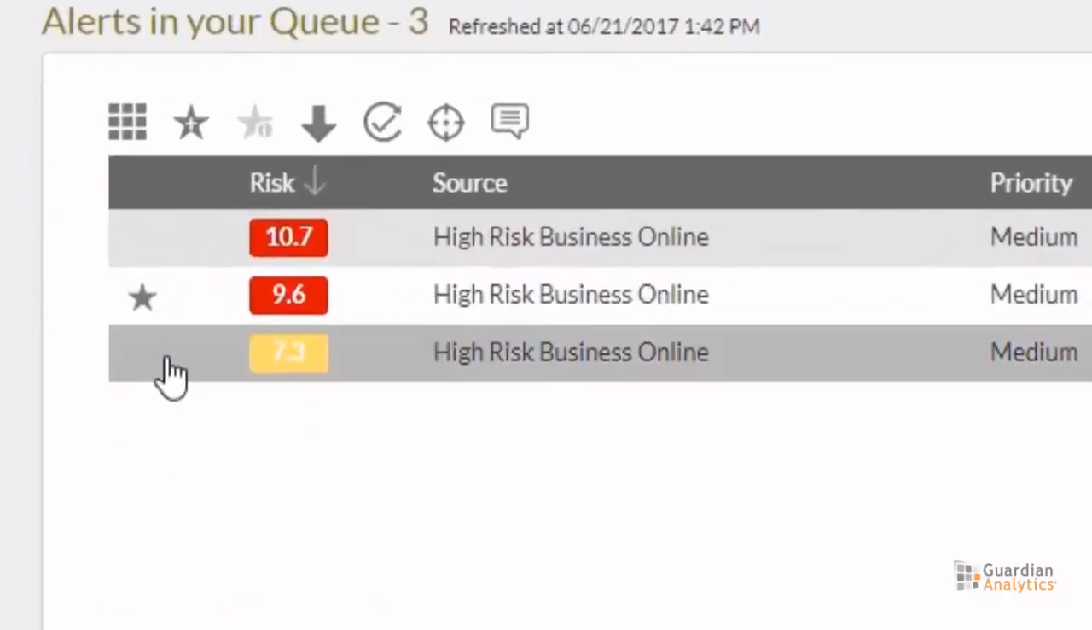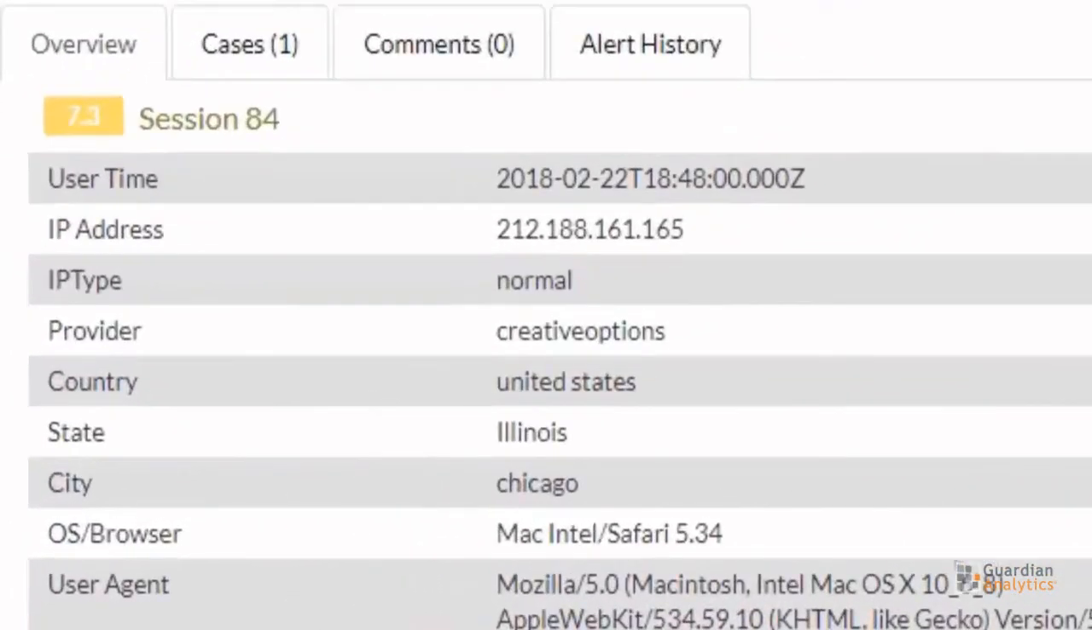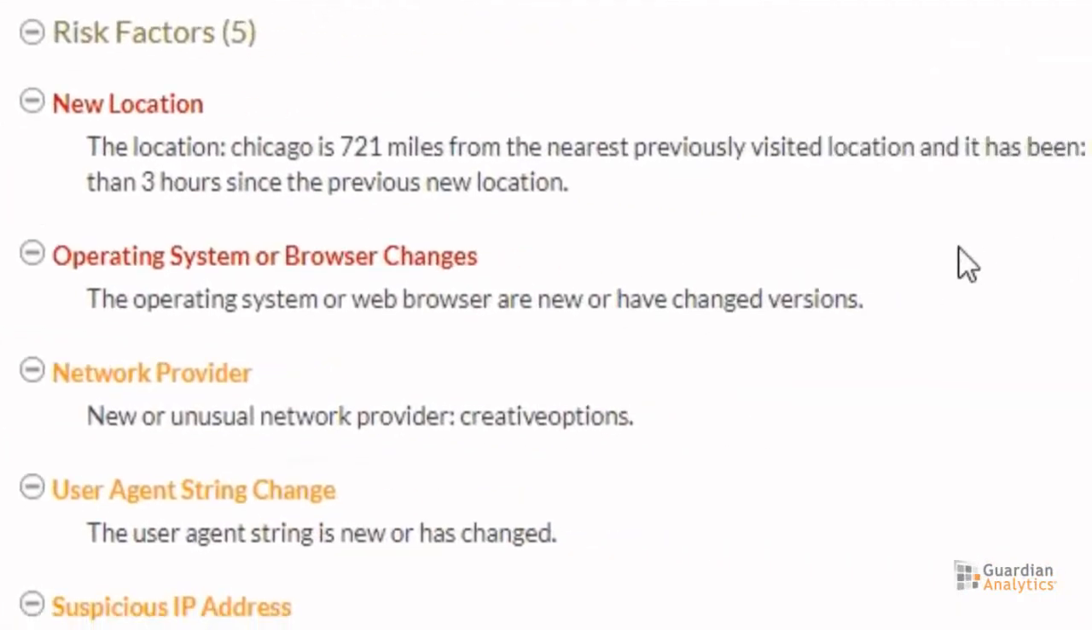Let's review a fraud incident and see how our business banking fraud detection product can detect anomalies in real time by immediately evaluating the risk of the session to the account. Session 84 received a medium risk level, colored yellow, because the account has a failed login activity from an unusual location. Risk factors are also raised for unusual operating system and browser, which means there is a change of the